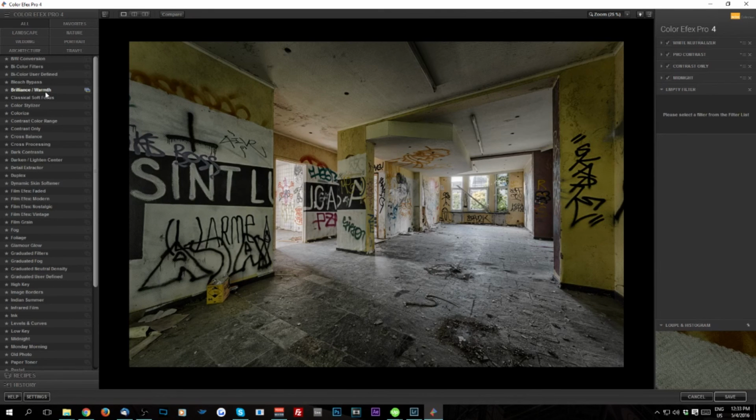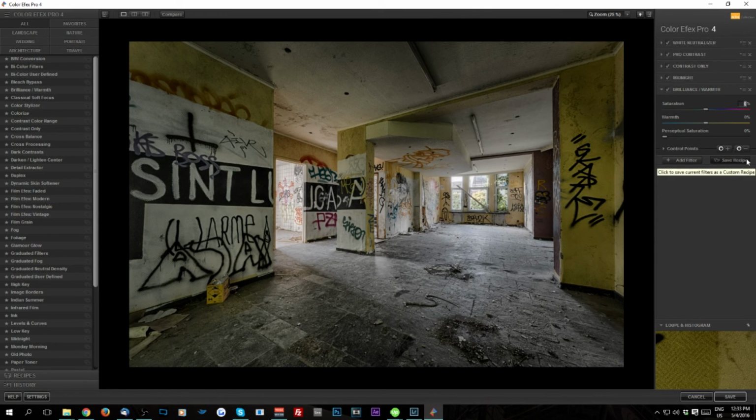The first thing that I like to do is the brilliance warmth. By default it'll automatically make your image slightly darker, but what I like about this one is you have a saturation slider. I like to bring that down to, let's say, -20. So it's going to give us even less saturation. But then you have the perceptual saturation, and if you bring that up, it's actually gonna, well, it's a weird thing. I don't really know what it does, but